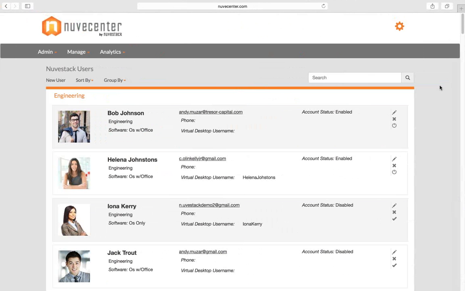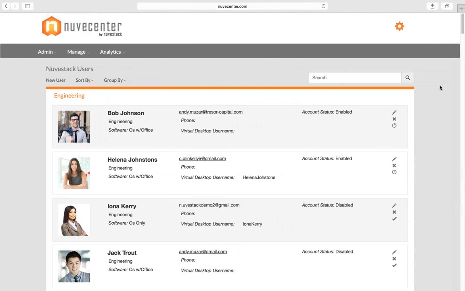What I have on the screen right now is what we call our new center web platform. This is completely brandable, so right now it's branded with our branding, but it can be your branding. And this is really the customer-facing portion of the management tool. Under the hood, NuvaStack has an immense amount of complexity and automation that we've built to support everything, because we want to automate everything and make everything really easy for our partners to deploy, but also for the end users and the customers who are paying for the service each month to deploy and manage on their own.